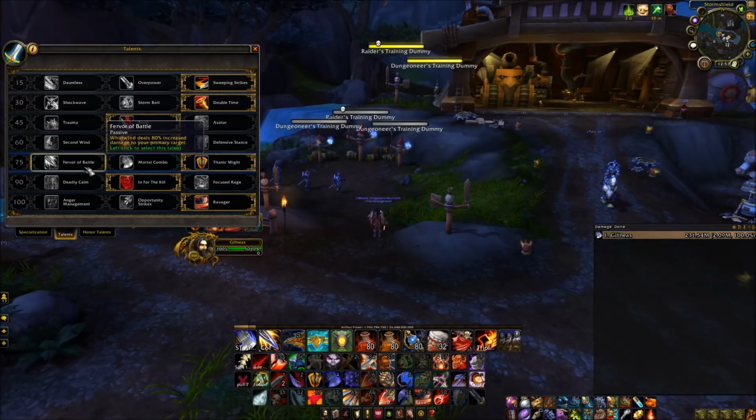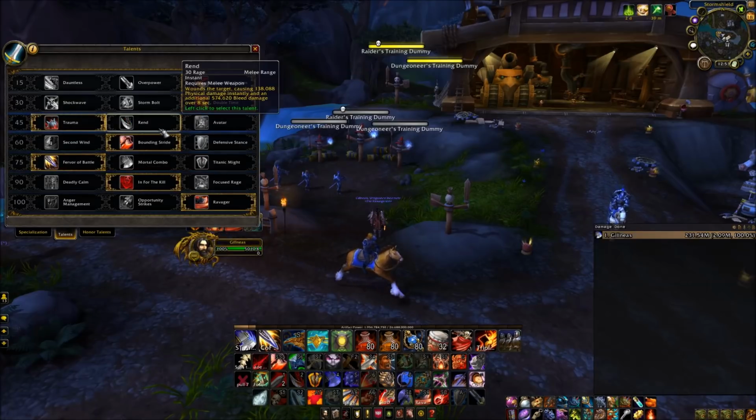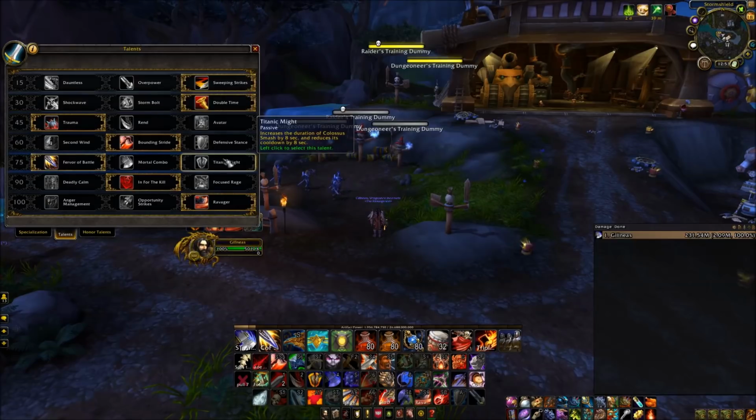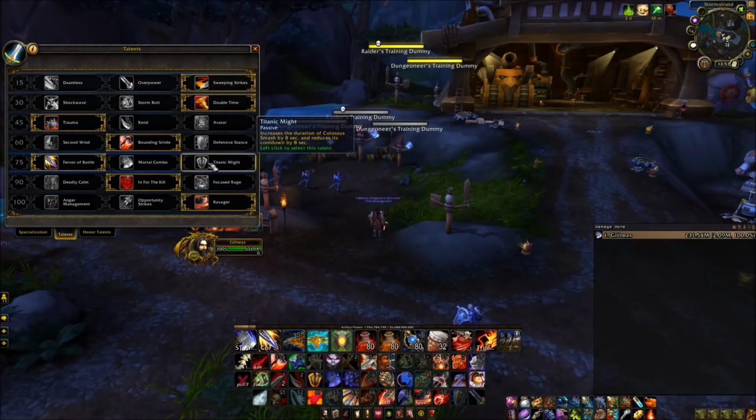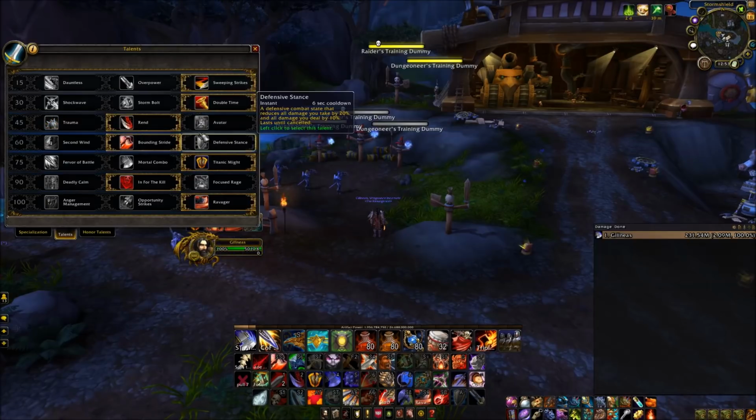Fervor is good. Like I said, if you're running Fervor Trauma, it's good if you have low mastery, I believe, and if you're just leveling. But honestly, in my humble opinion, I really don't like that build. I think using Whirlwind as a filler in single target is stupid anyway, so that's just my opinion. And I just stick with Titanic Might. And anyway,